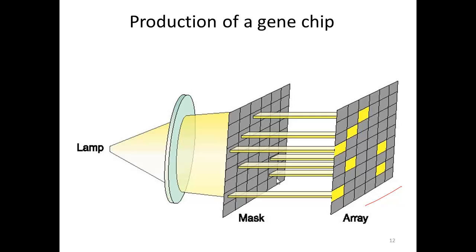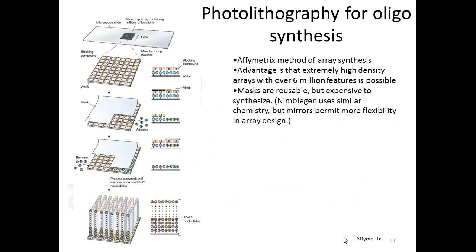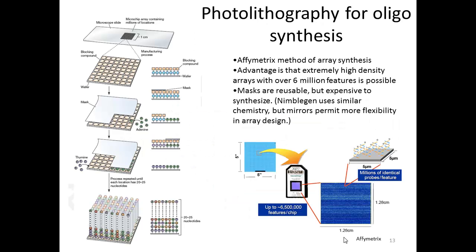The light will help direct when a nucleotide is to be added so that you can do parallel synthesis of thousands of spots using methods developed for the semiconductor industry. So this is a slide which makes the photolithographic synthesis steps a little more clear. We have a 1 centimeter square chip, and we have actually millions of spots, but on each of these spots there's a blocking compound which is going to prevent any